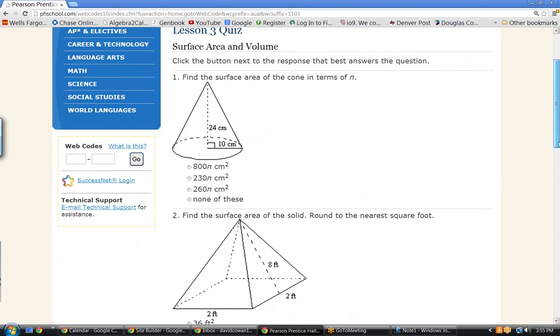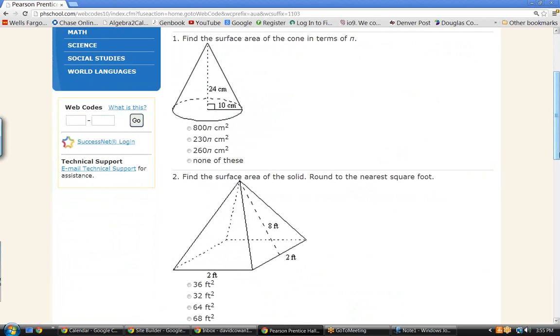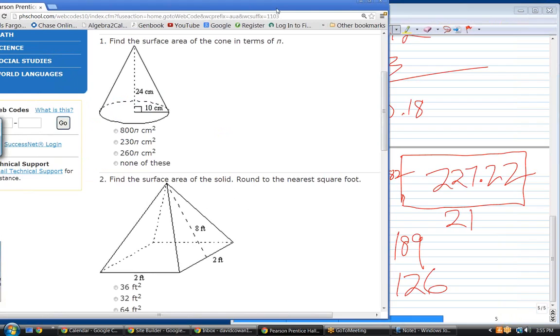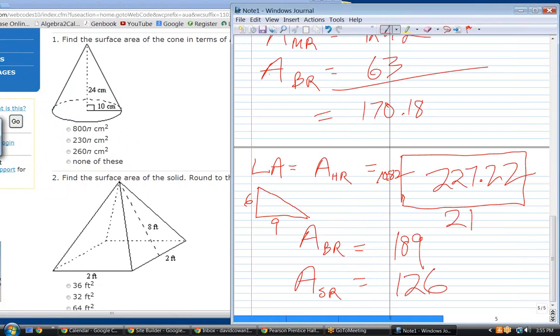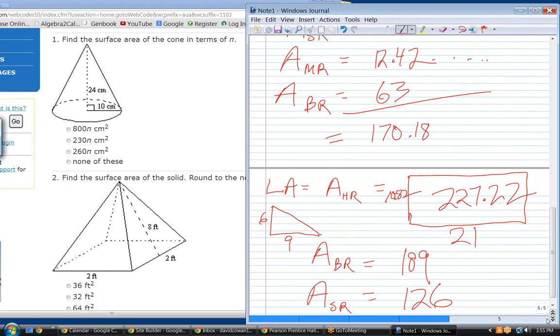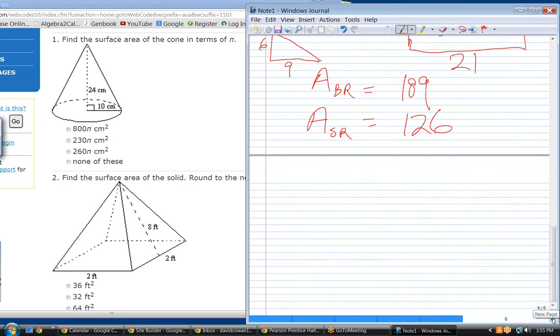Now this one is surface area and volume. Notice the difference. Surface area is outside area. It's 2 dimensions. Volume is how much liquid it could hold. In other words, it's 3 dimensions. So surface area is going to be square centimeters. Volume is going to be cubic, whatever our unit is. So the surface area of the cone, in terms of pi,